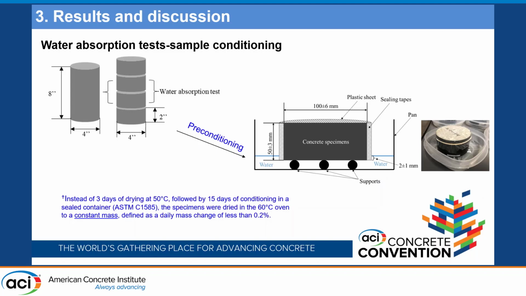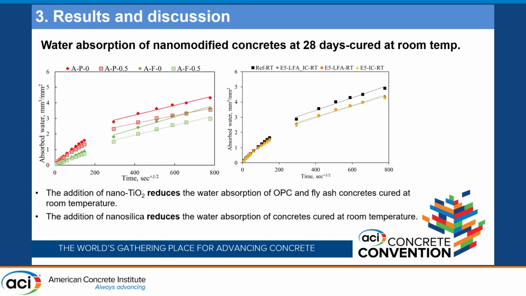And we couldn't get it because that process for this material did not result in emptying of the capillary porosity. So we are not the first ones who experienced that. People do various modifications. What we've done is, we dried it at 60 degrees and we essentially conditioned it to constant mass, which was defined as daily mass change of less than 0.2%. And that worked well. So if you look at the slopes of those curves,